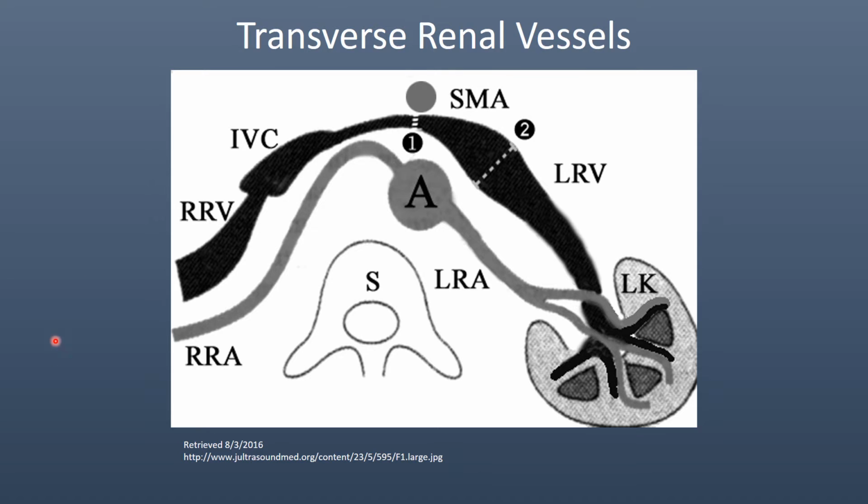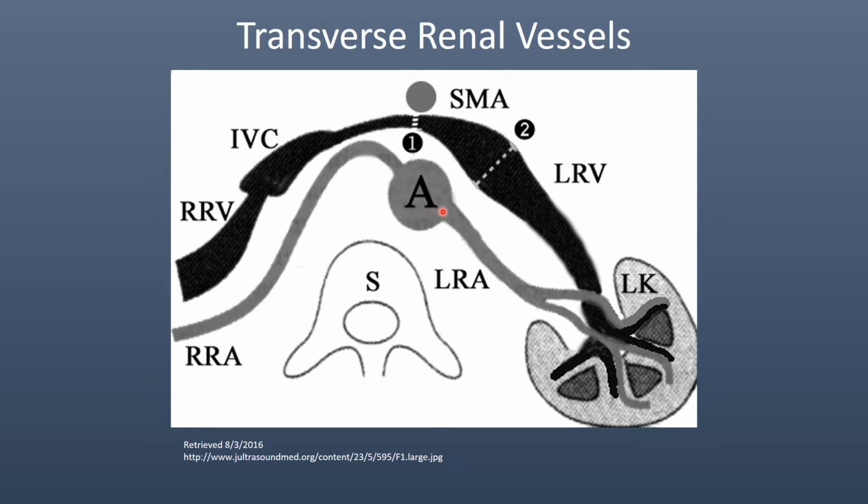Same thing is going on the right side. You would have the right kidney here, and then that deoxygenated blood would go through the right renal vein to the IVC. Now, here we have the aorta in transverse. It is posterior to the SMA and the left renal vein, and it is anterior to the vertebral body. So we've got the aorta,